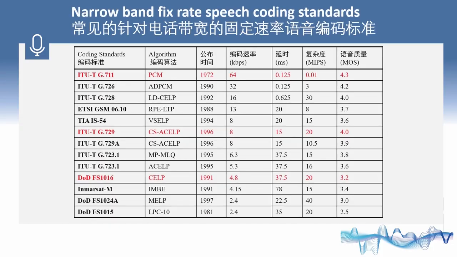There are some traditional speech coding standards all over the world. The table shows narrowband speech coding algorithms at fixed rate. For example, ITU-T G.711 is a kind of PCM, pulse code modulation algorithm, at a bit rate of 64 kilobits per second, which is generally used in telephone communication. Here is a sound demo coded with